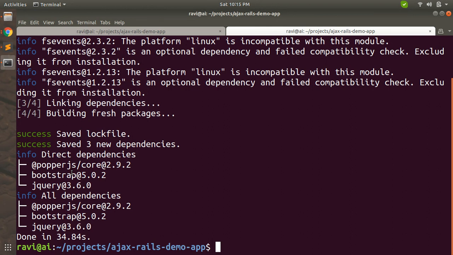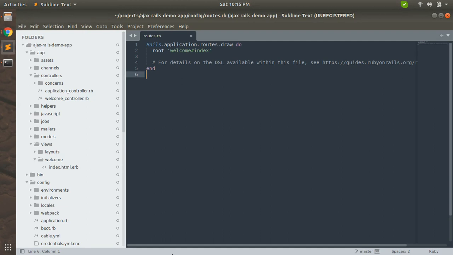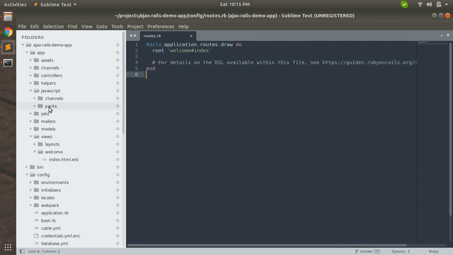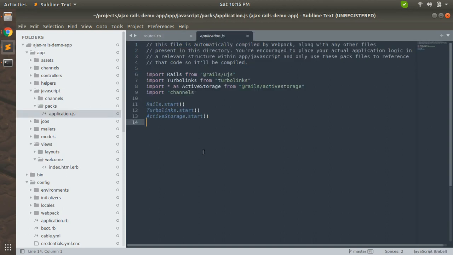Now, since all the plugins have been installed, we need to import them into the asset path. And since we are using Rails 6, we need to add those plugins using Webpacker. First of all, in your project directory, you can see there is a folder in your app folder known as javascript. You can see here a packs folder and application.js. These are the default contents provided by Rails when you generate your application for the first time. But now we need to get it working.